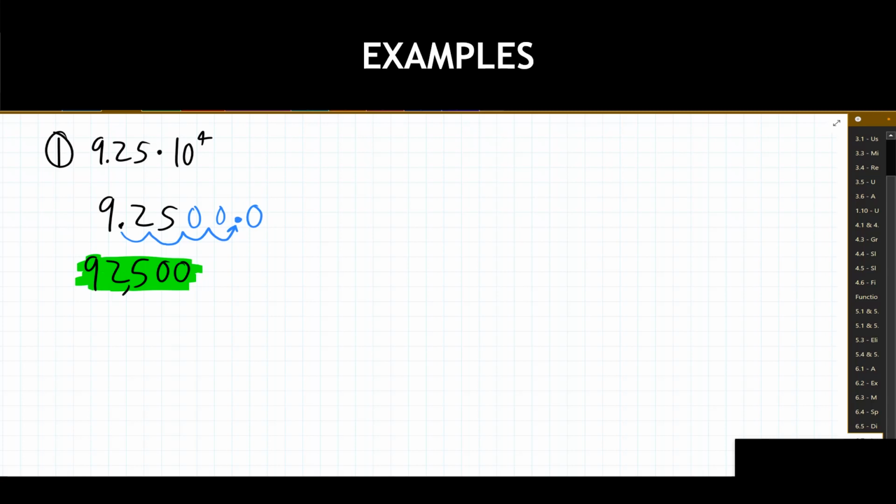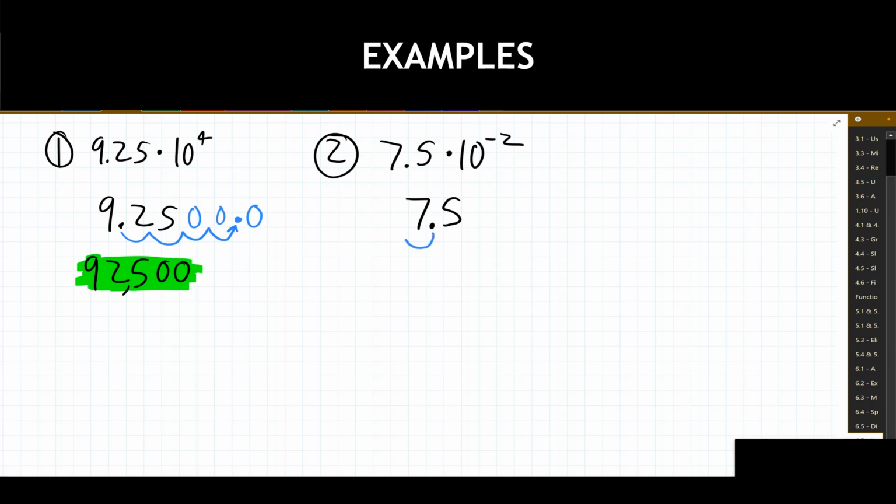Let's take a look at the second example, which tells us we have 7.5 times 10 to the negative second power. Yet again, we're going to determine our n value. 10 is being raised to what power? Negative 2. The negative tells us the direction, and the number tells us how many places. So I'm moving 2 places in either the left or right direction, positive or negative. Based on our process, if the exponent is negative, move the decimal point to the left. So we're moving the decimal point 2 places to the left.